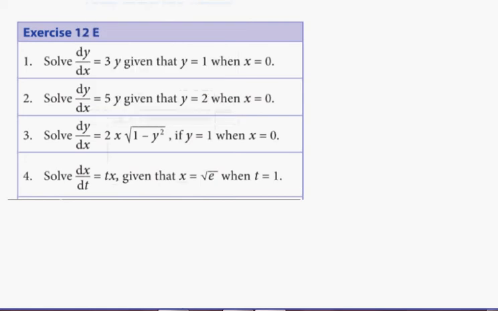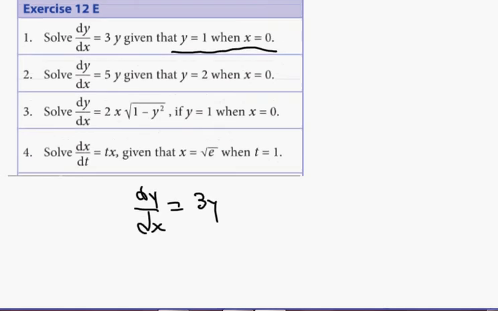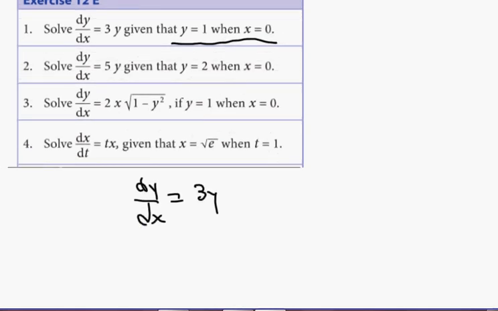Okay, lads. So what we have is 12e. It wants us to solve a pair of integrals. It wants us to solve dy dx equals 3y. Now you see that's going to give you a bit of information here. We're just going to wait a minute to use that information. So what we're going to do is what we did in